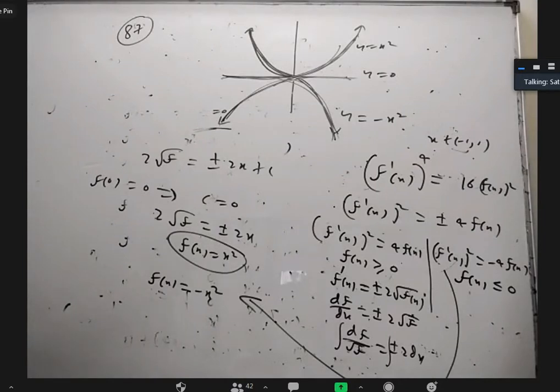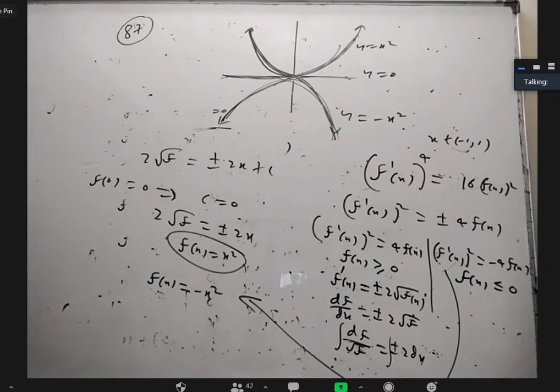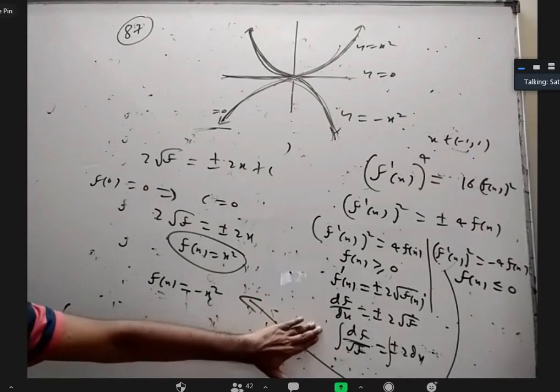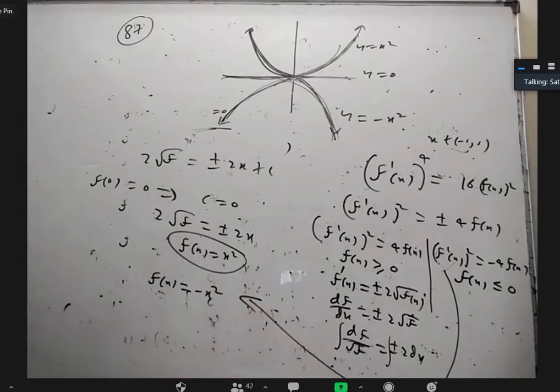But the answer is anyway not about 9. It's whether it is 2 or 3 or more than 4. It is obviously more than 4. Earlier I wrote some functions, now I erased it, but I hope you understood. Okay, a little bit of differential equations, but not heavy, simple integration.